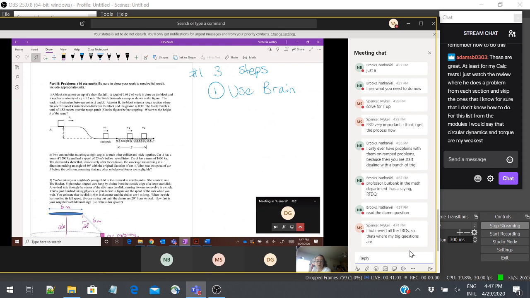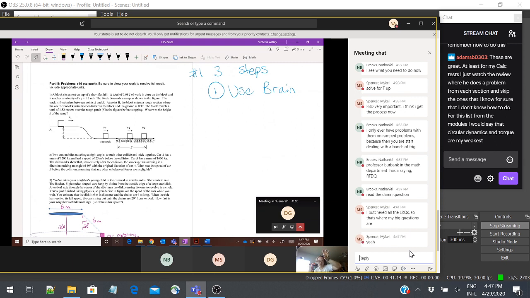So for number 1, can you imagine in your head what's going on? Okay, so we have a block sits at rest at top of a short hill. Short hill, there's a block. Total of some amount of work is done and it reaches some velocity. So maybe it gets pushed, somebody does work. Then it goes down a ramp. Usually when things go down a ramp, they go faster. Then it enters a rough section. Okay, what happens at a rough section? Things usually slow down. And then it eventually comes to a stop. Okay, so you have a mental idea of what's going on.